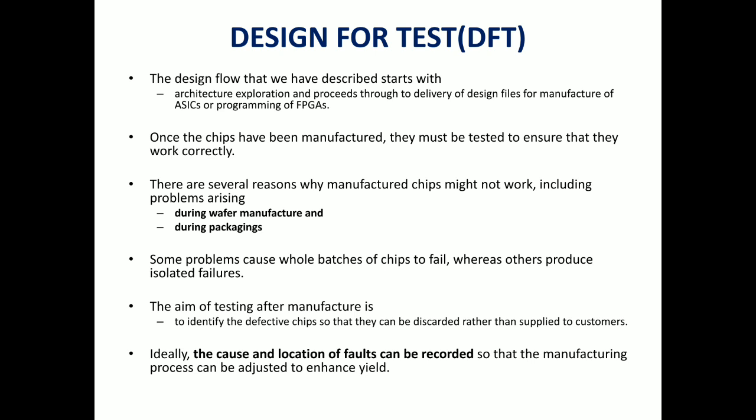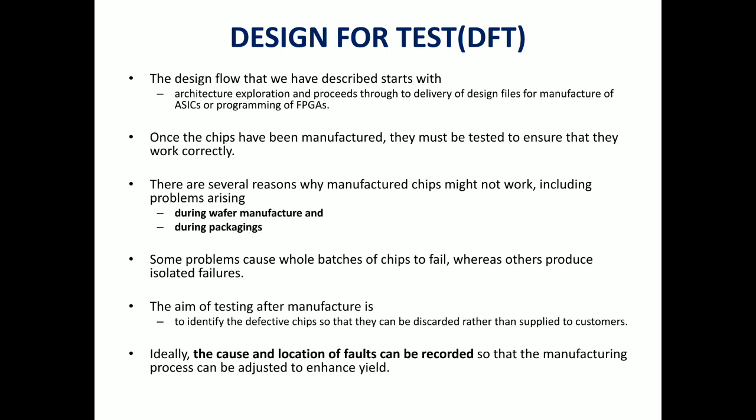By testing the ICs on a wafer, we can record why the IC has failed, for what reason the IC went defective. We can save this recording and the reason so that we can avoid it in the next IC manufacturing process. And yield: on a silicon wafer we will be manufacturing n number of ICs. In those n number of ICs, a few may be working and a few may not be working. Yield is nothing but the number of ICs which are working fine over the total ICs manufactured.